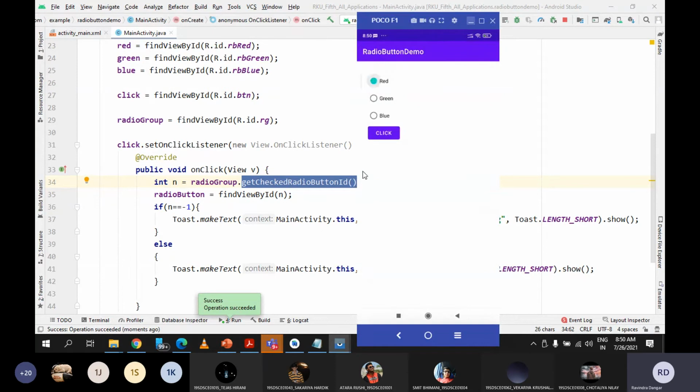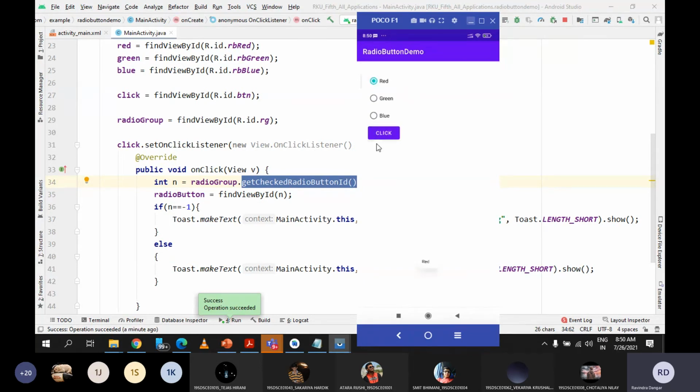Yeah, now let me select red. Now you can see as soon as I select any different radio button, the first gets unchecked. At the same time, now I cannot select multiple radio buttons. Earlier I was able to do it because in that case I had placed all radio buttons individually. That is not the ideal way. Now I have placed all 3 radio buttons inside radio group. So at the same time I can select only one radio button.